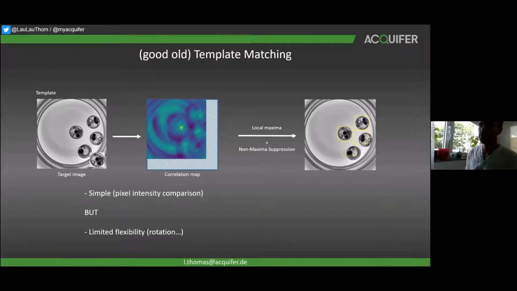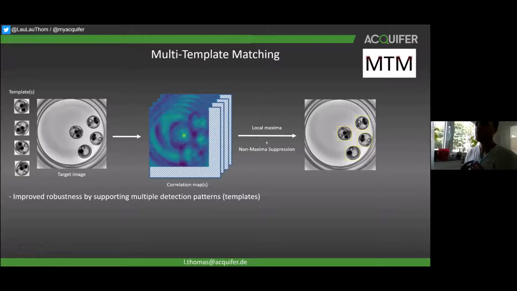Although it's a relatively simple method, and for cases where there is no rotation, for instance, it would still work quite nicely. But then I was thinking of a simple way to improve this method, to improve its robustness. And the solution, the method we came up with, we call multi-template matching, or MTM for short, is instead